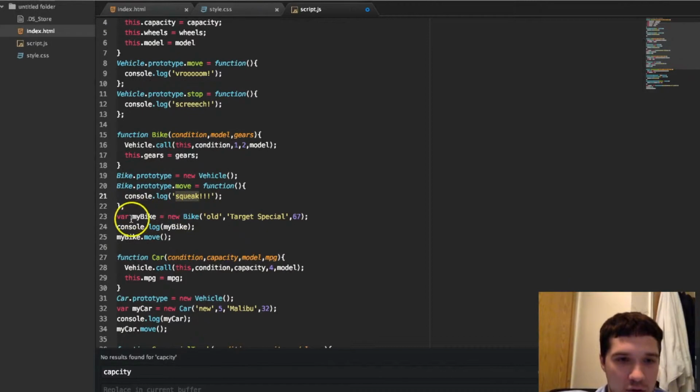So I'm going to create a new bike called my bike, and it's going to have a condition of old and a model of Target or Target Special. It's going to have 67 gears. It's a very, very fancy bike. So let's